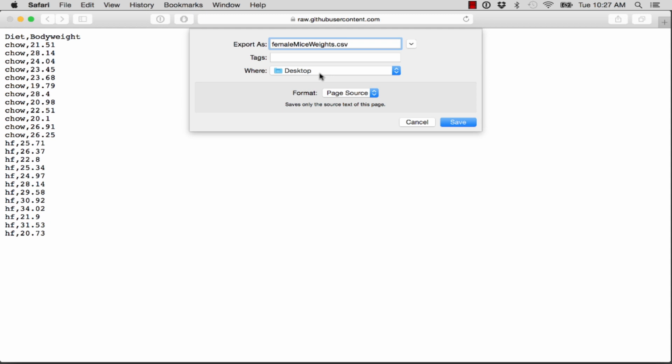This particular case, it would go to the desktop, but you probably want to save it in a directory for your project, or the directory you're using for class projects. So once you hit save, that file will be on your computer and will be ready to read it into R. We're going to show how to do that in another